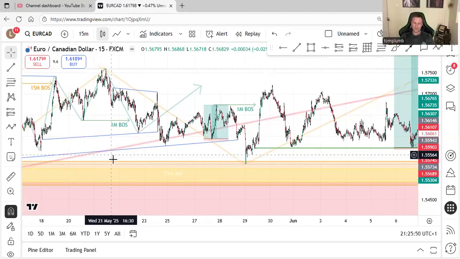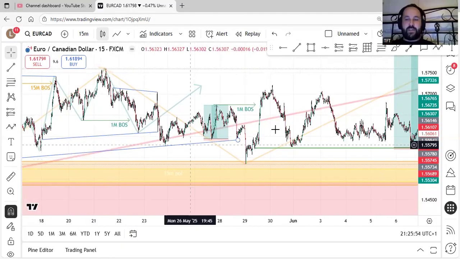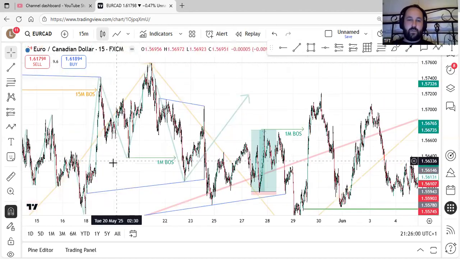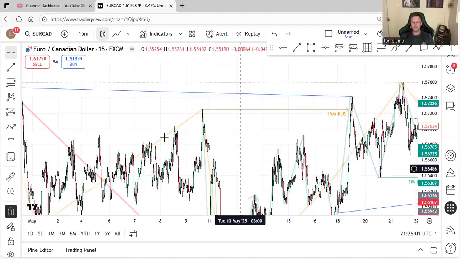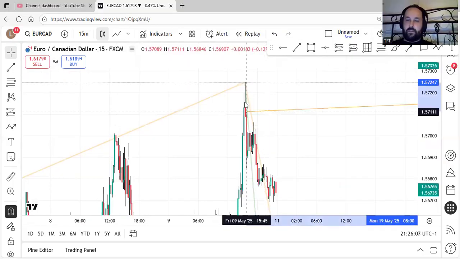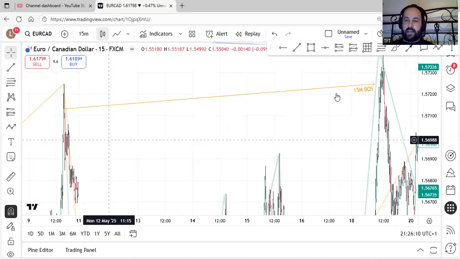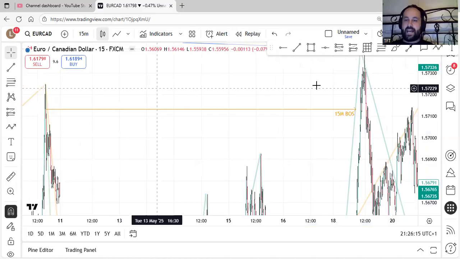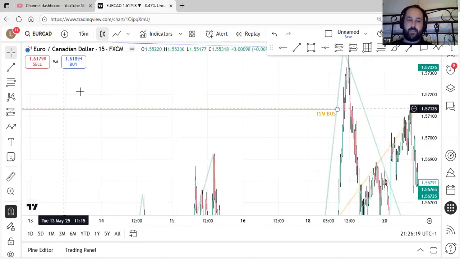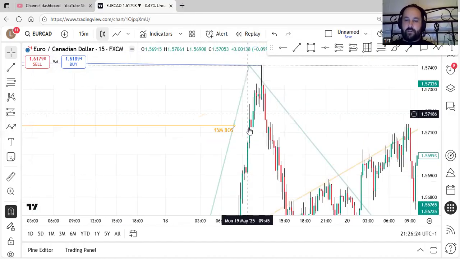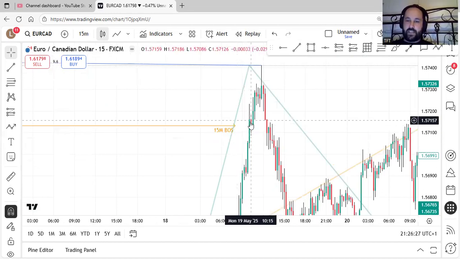And you class wicks as a structure break? Doesn't have to be a body closure? Yes, it's a wick, I do now. I used to only consider body closes above. But the problem is you jump down to the lower time frames and there will be a solid candle there, won't there? So before, I would have set my alert at that line. Obviously, I always preferred it if it took the wick high and body closed above that as well, as it was a bit of a bonus. But when I first started the 15 one, I would have considered this body close there above that orange line as good enough.